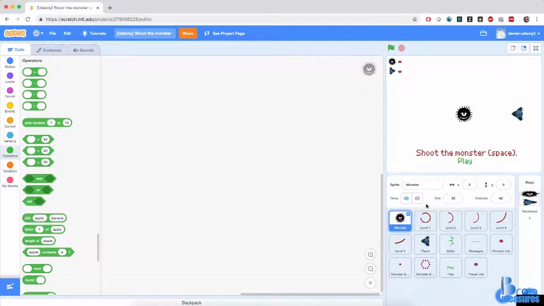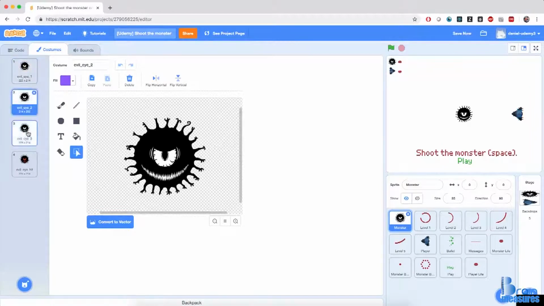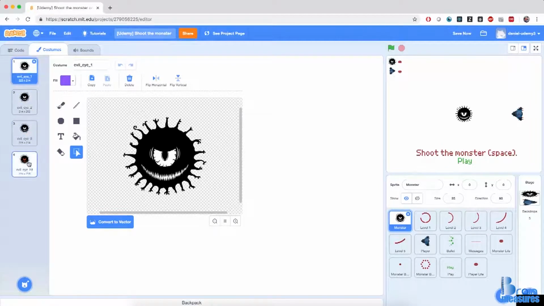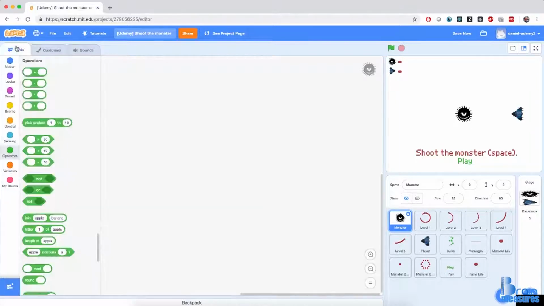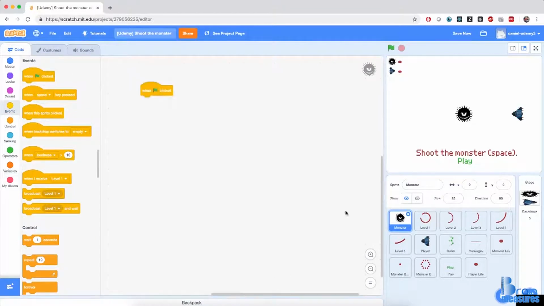So when we click on the flag, the monster will start cycling between some costumes that it has. So notice that it's wobbling around. We'll keep the red one for later when we hit the monster with our bullets. So we'll make the monster cycle in between these costumes and make it fade into the screen when we hit the flag. So I'm going to go to code and I'm going to bring in our very favorite when flag